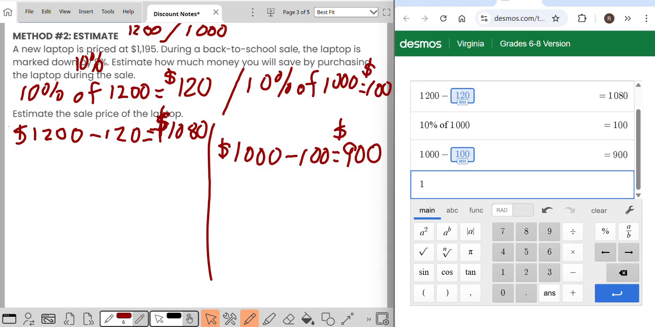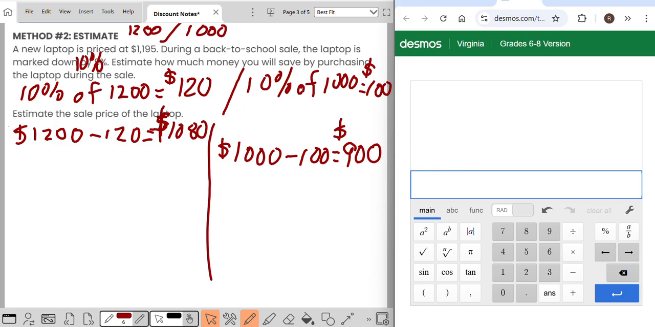So one says 1080 is going to be the cost, and the other one says 900 is going to be the cost. So that's about $180 worth of difference. So again, it just depends on how accurate you want to be. So for example, I'm going to go ahead and clear this, and I'm going to sneak ahead to the next